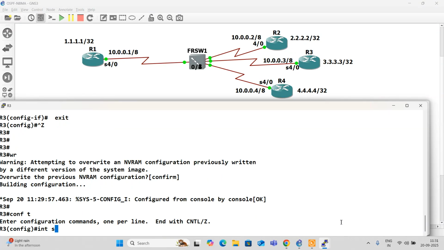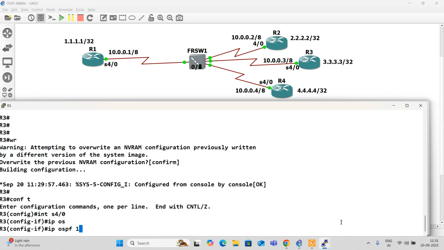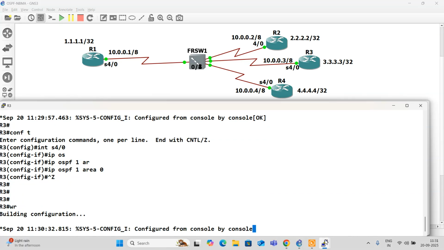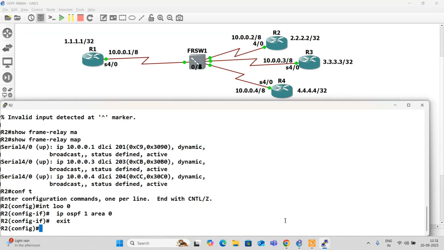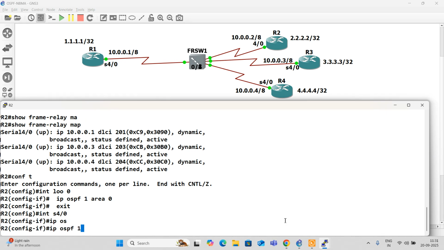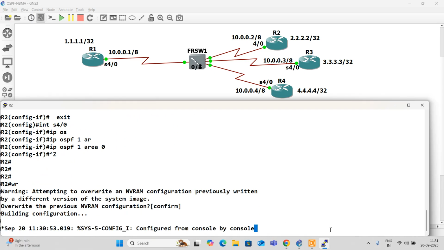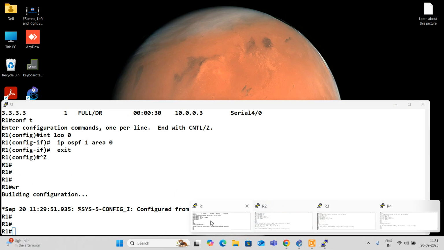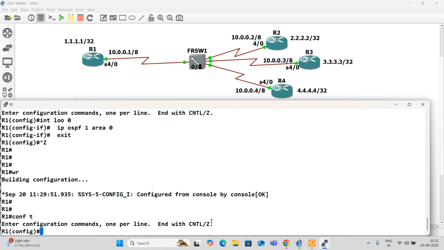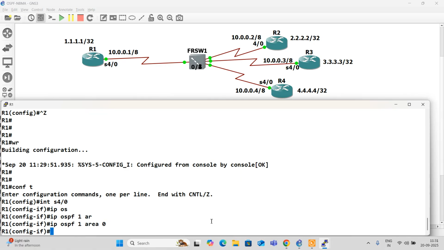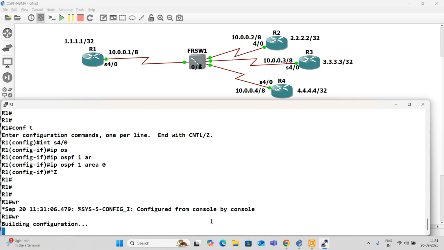Interface serial 4/0, IP OSPF 1 area 0. I'm enabling OSPF now. I thought I enabled it earlier. After removing we did not put it back. We were only focusing on frame relay. Okay, now it is done.